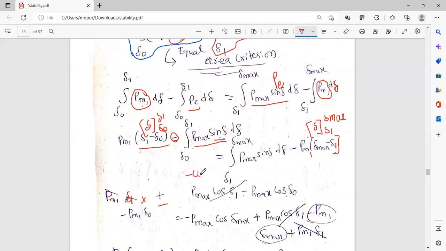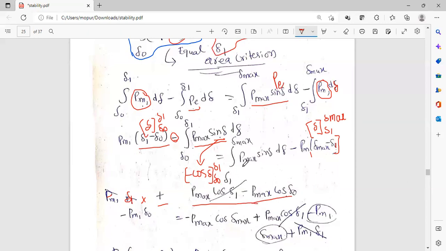Integral of sin del is minus cos del, and again the minus cos del will have limits of del naught to del 1. This is the integration of sin del when we integrate this term. So this minus and that minus, if we multiply, you will get plus P max cos del 1 minus P max cos del naught, this total term